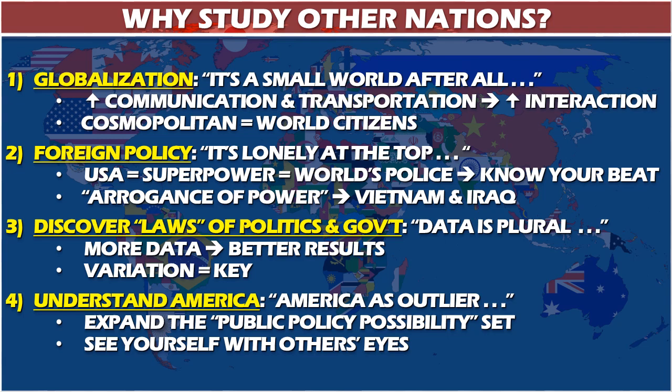The more data you have, the more countries you study, the better results you're going to get. And particularly if you want to test propositions about politics, you need to have some variation. And if you're studying at the system of the nation state or country level, you need to have some variation across countries. So that means you need to look at countries that are both democratic and undemocratic. It means you have to look at countries with universal health care systems and countries that do not. And so variation is key, and the only way to get that variation is by studying other countries.